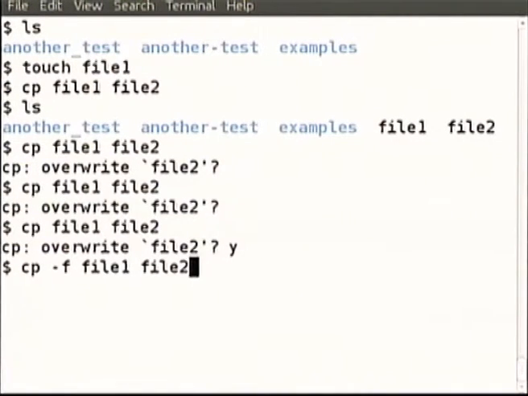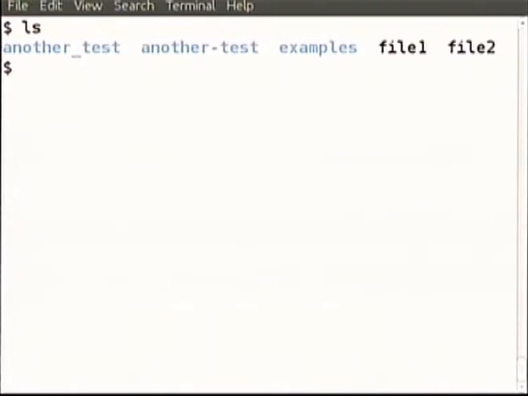Here, because I already have that alias, it is still asking. The minus f option does not override the interactive option for the cp command, it turns out, as I come to know now.